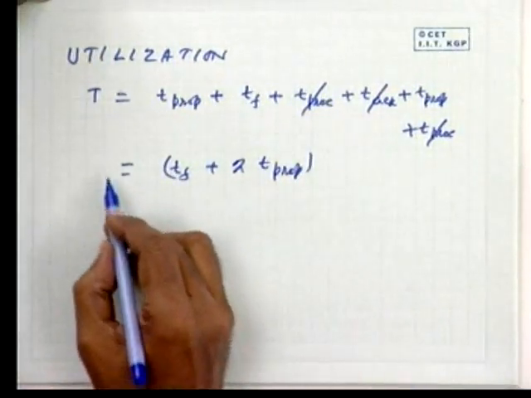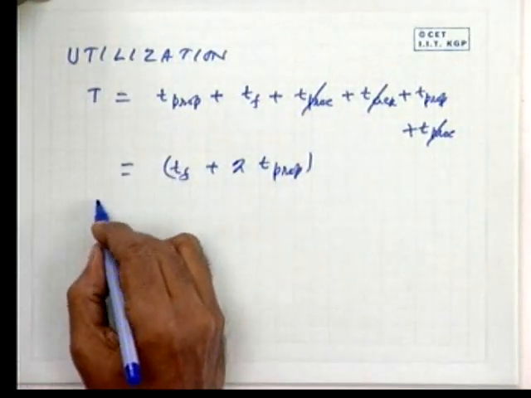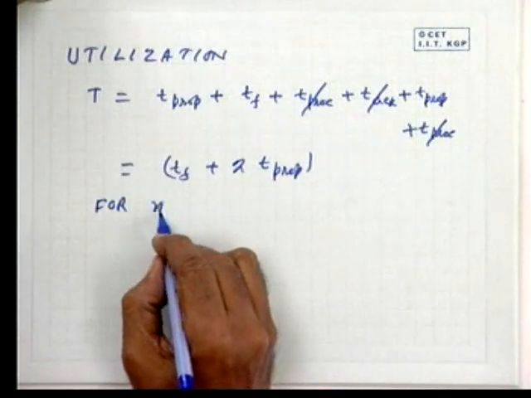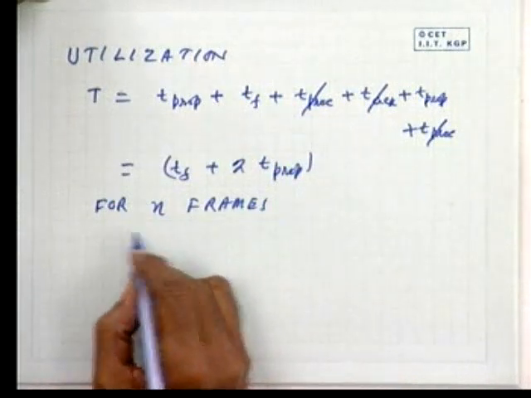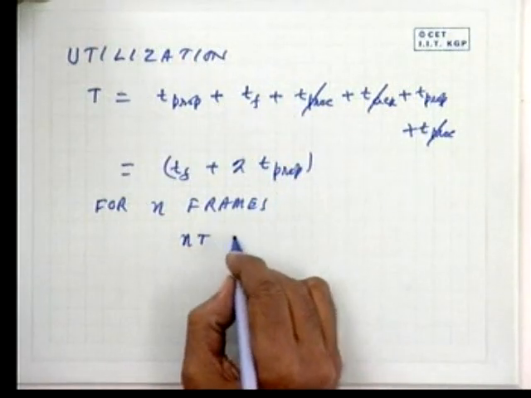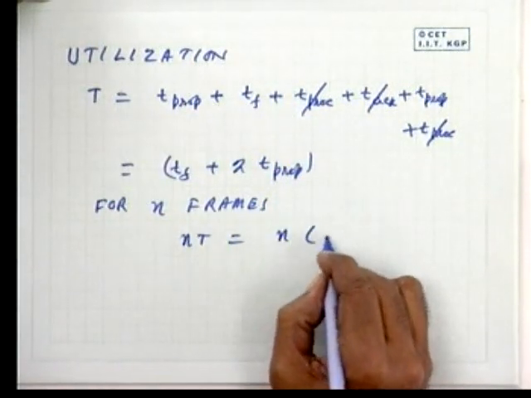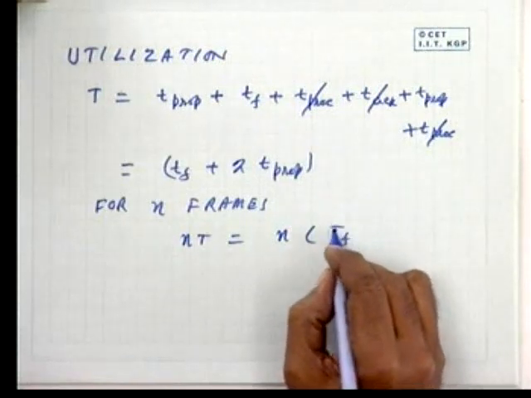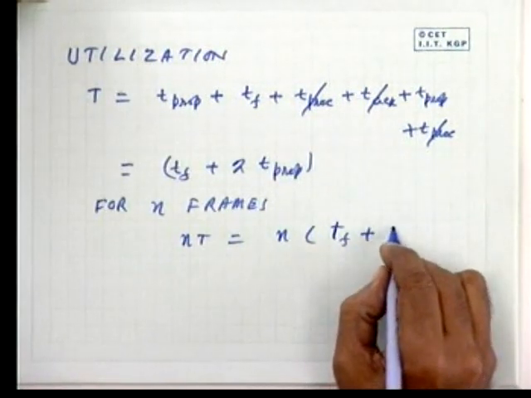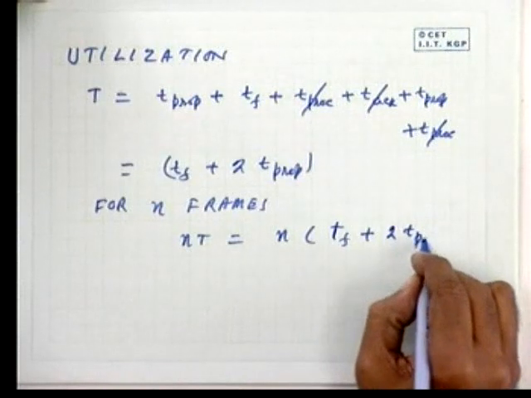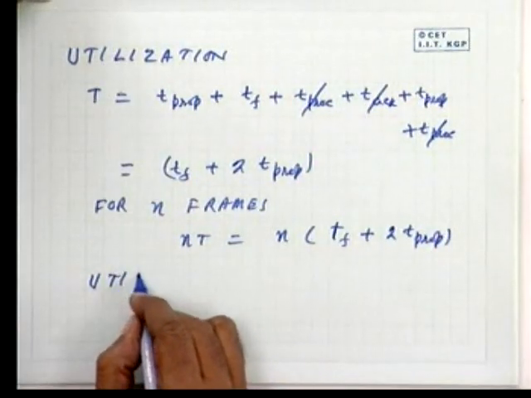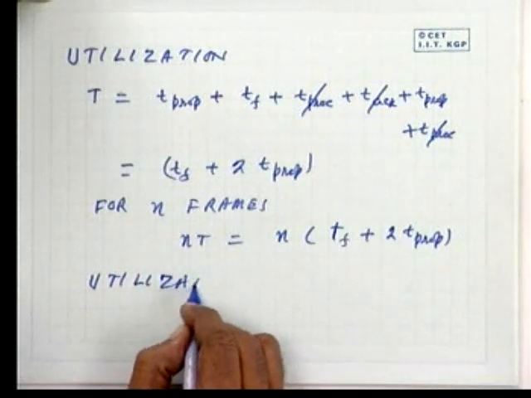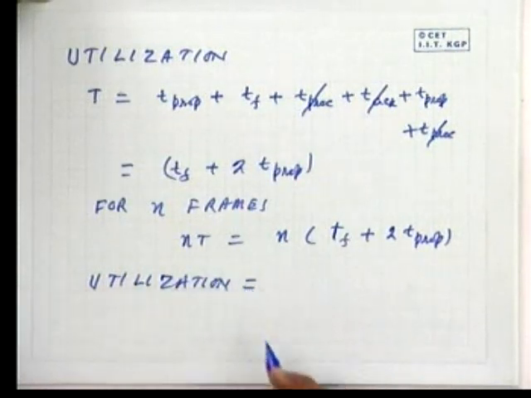And if you are sending n frames, the time required is equal to n into T, which is equal to n into TF plus 2 into T propagation time. Now utilization